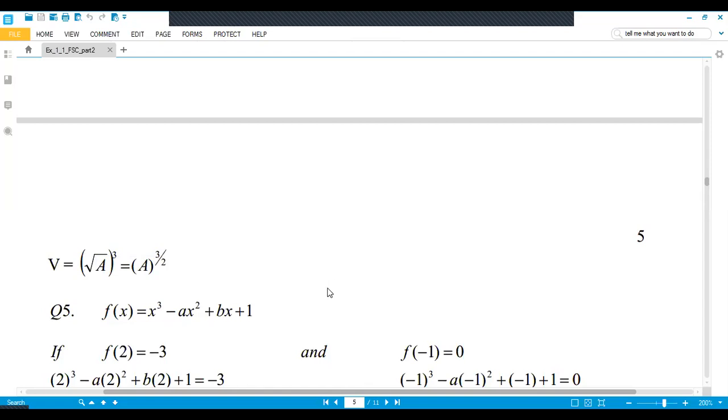So today we studied 3 questions. In the first question you have a total of 8 parts: parts A and B, and for each you have 4 further parts. In question number 2 you have 4 parts to solve, and in question number 3 again you have 3 parts. So for today this is enough.